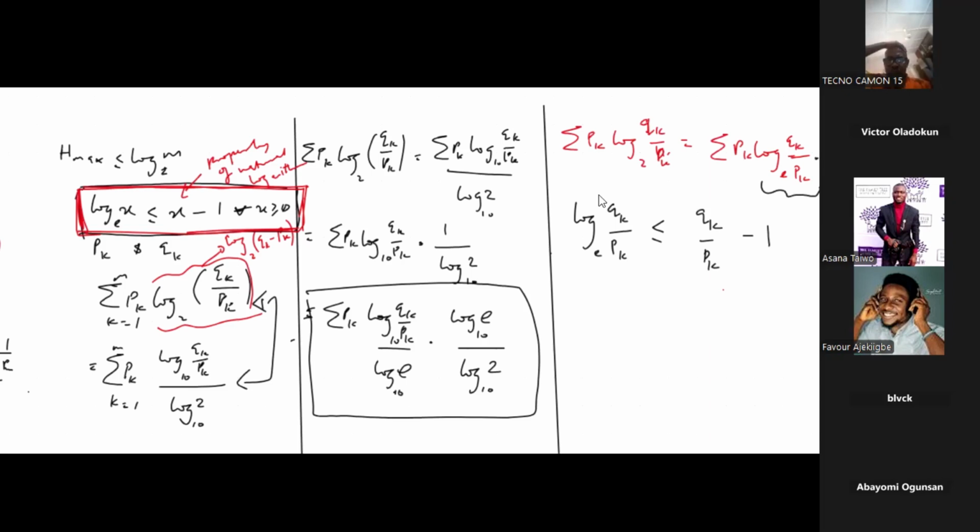And now we have been able to represent this. We've been able to scale down such that we now have p sub k log q sub k over p sub k base e times log e base 2, which is this. So now what we are saying is that this particular expression, let's change this to black so as to make it obvious, this one,